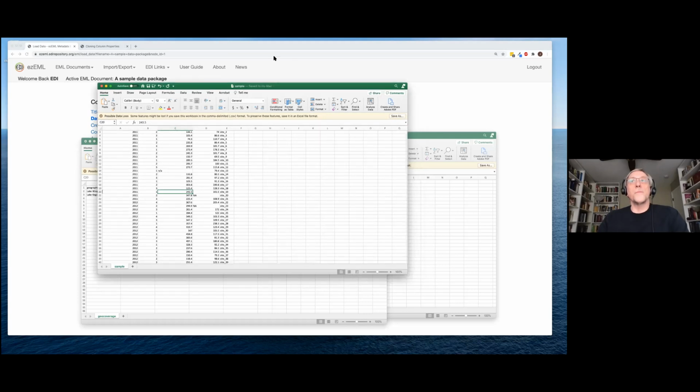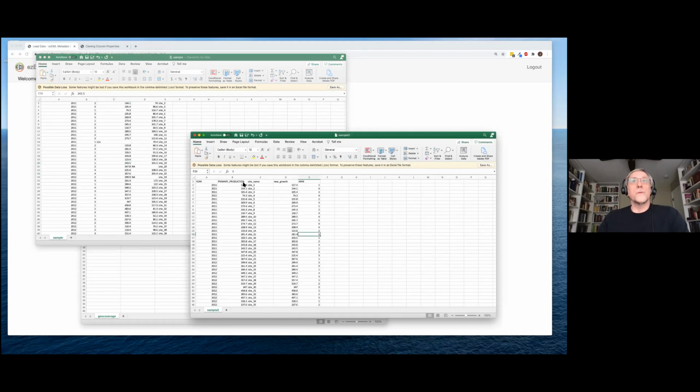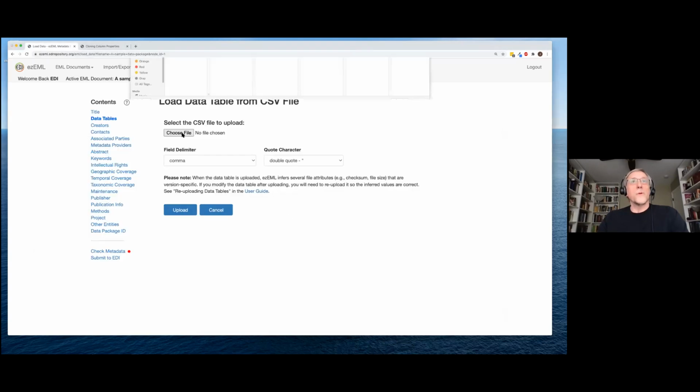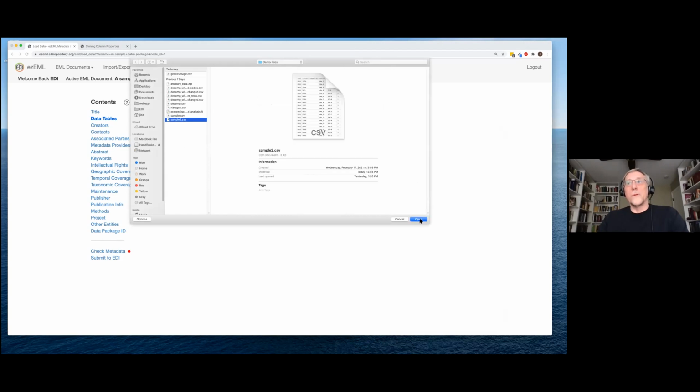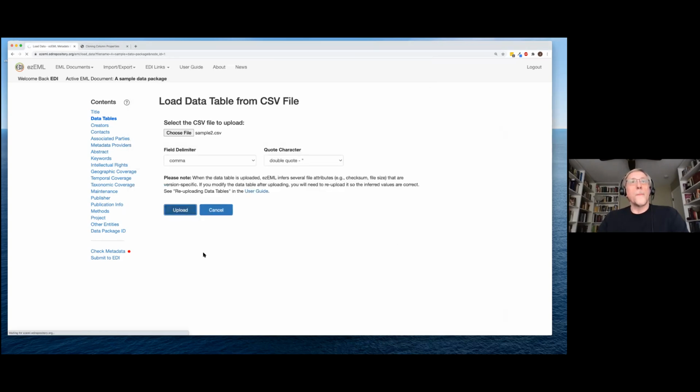This was the original sample table, and here's another one, sample 2, which has many of the same columns, but they're in different orders and they have different names. So it has a year instead of a year placed in the field. It has an arm as the last column instead of plot arm as the second column, and so on. And it has a new column that wasn't in the first table, this new growth. Okay, but it's got a lot of the same columns, and I want to exploit that fact. So I'm going to upload that table, sample 2,